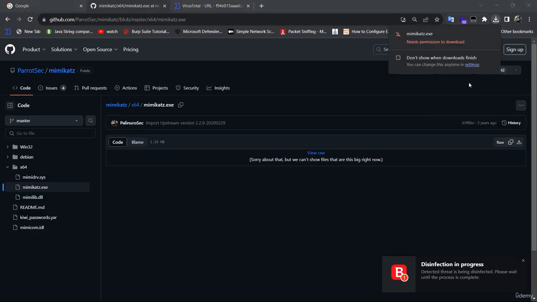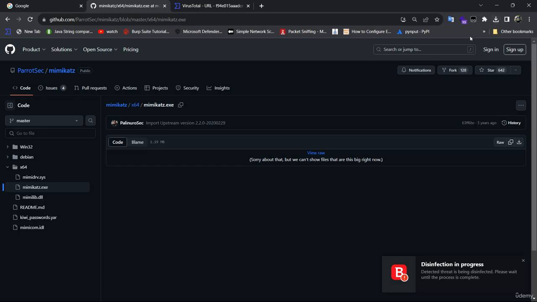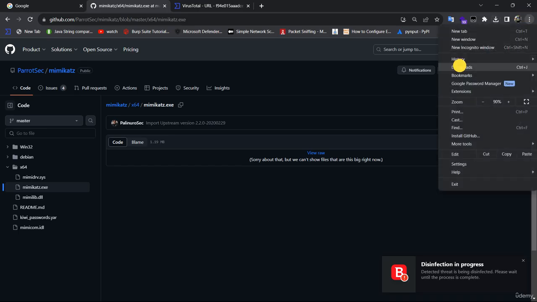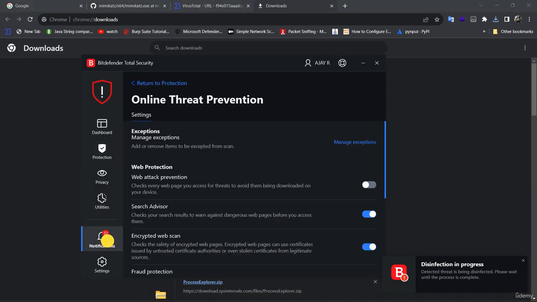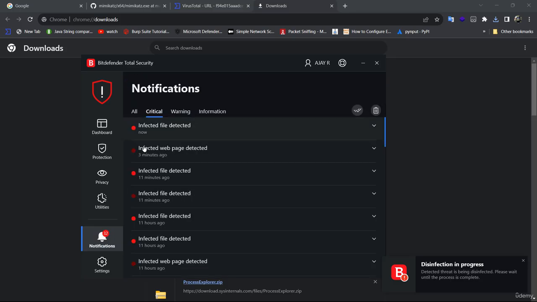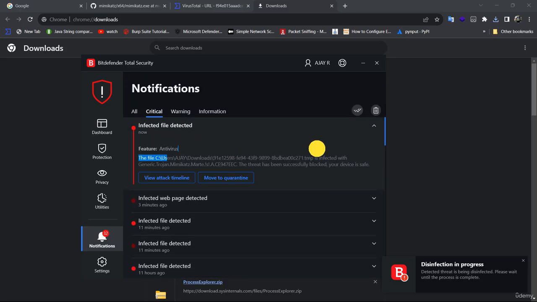So you can see the Mimikatz file was ready to download, but it's showing it needs permission, right? And if I move to the downloads, you can see it failed: insufficient permission. Let me move to the Bitdefender page, and we will check what's happening in the background. Okay, so you can see some of the